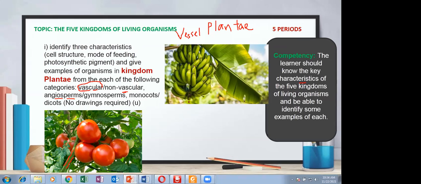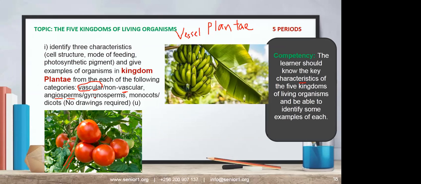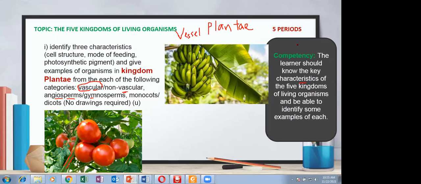Yes, the pine. Those pines fall under the gymnosperms. These ones don't produce flowers. Who has seen any other type of tree or plant that does not produce flowers? Yes, Babidi, Marion. Mango tree. Hey, Babidi, are you sure a mango does not produce flowers? Yes.